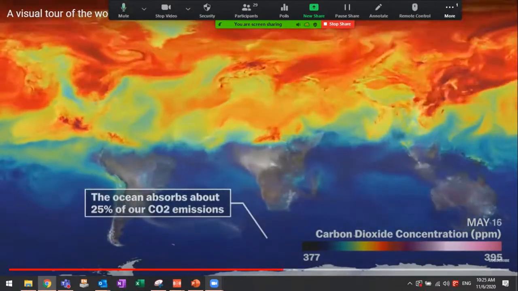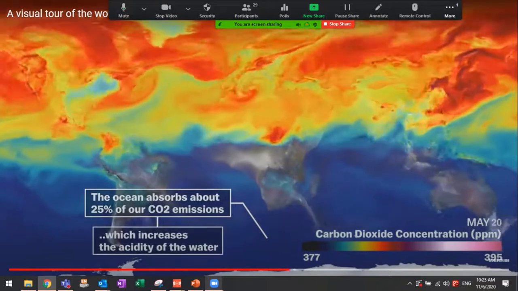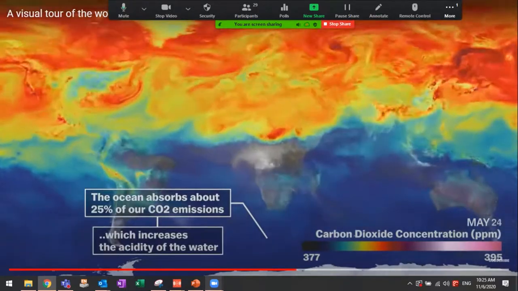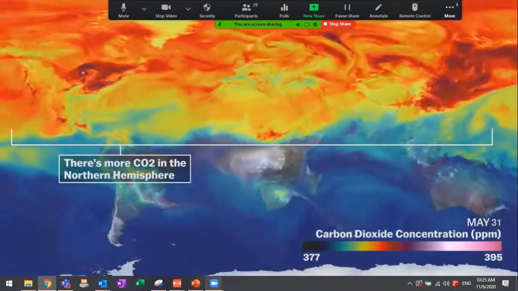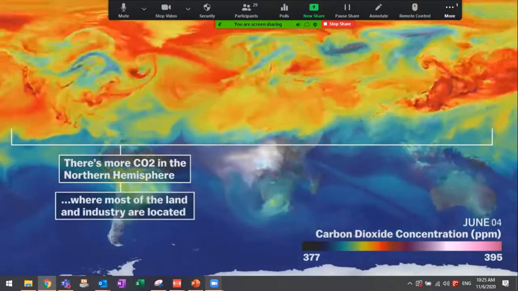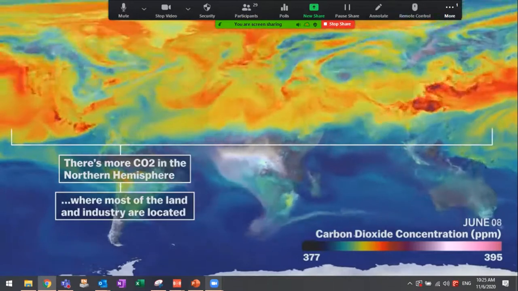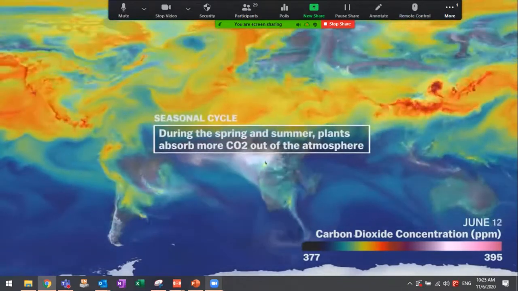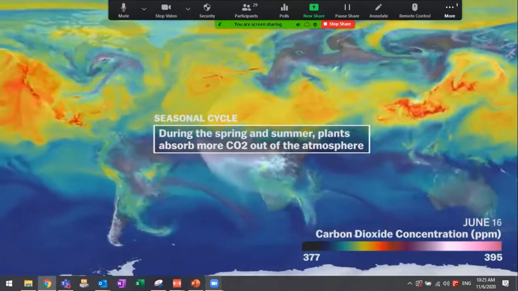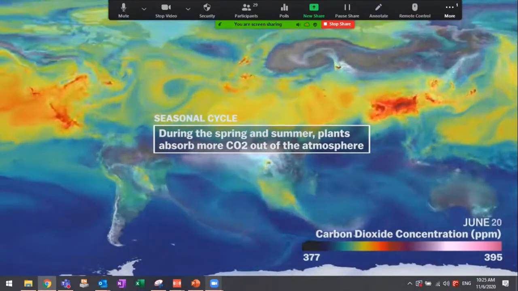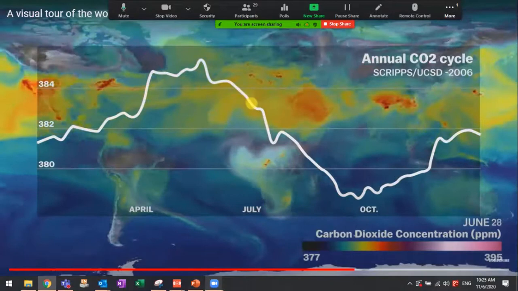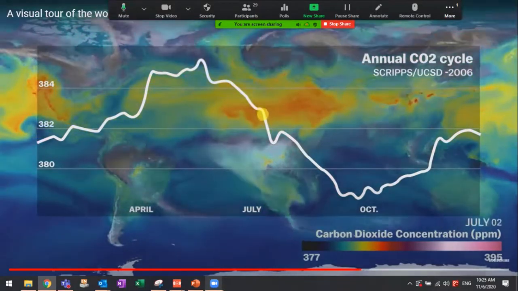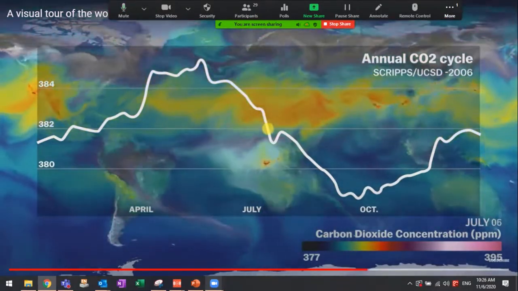Cycle change the carbon dioxide. Yeah, so you can see compared to earlier, the concentration here is lower. This is because of the